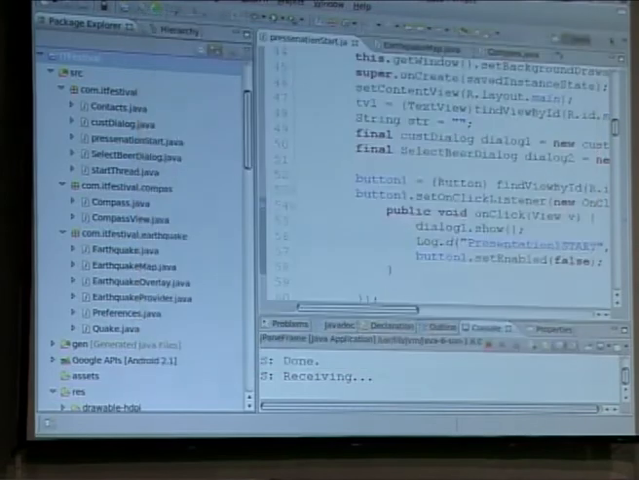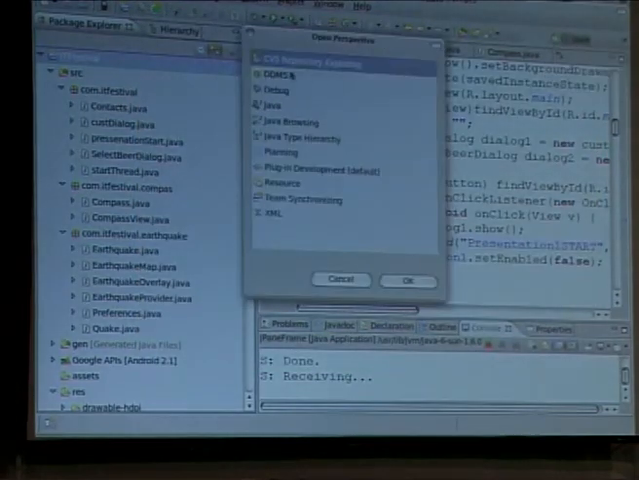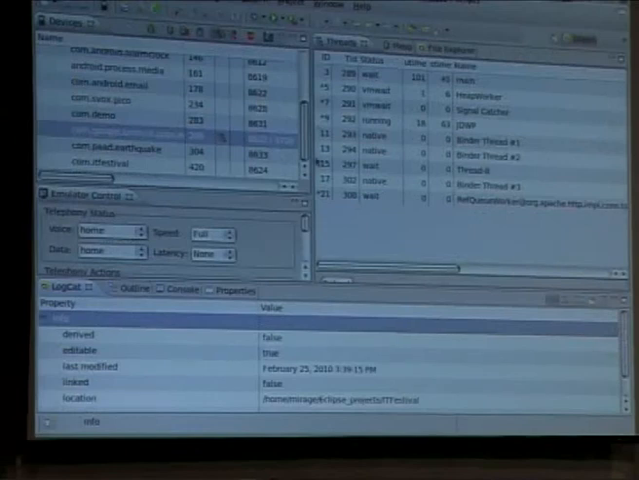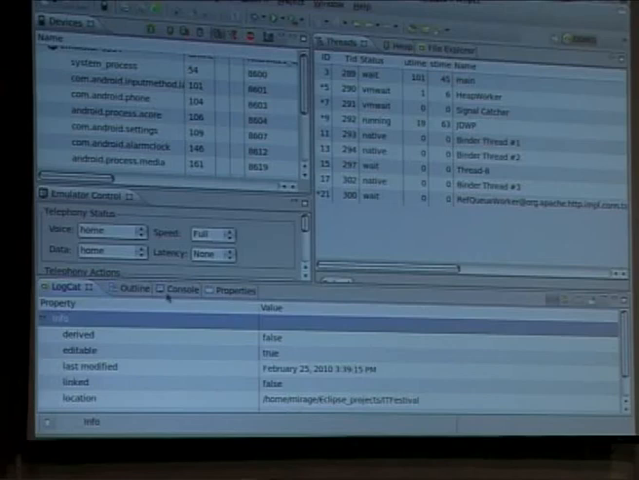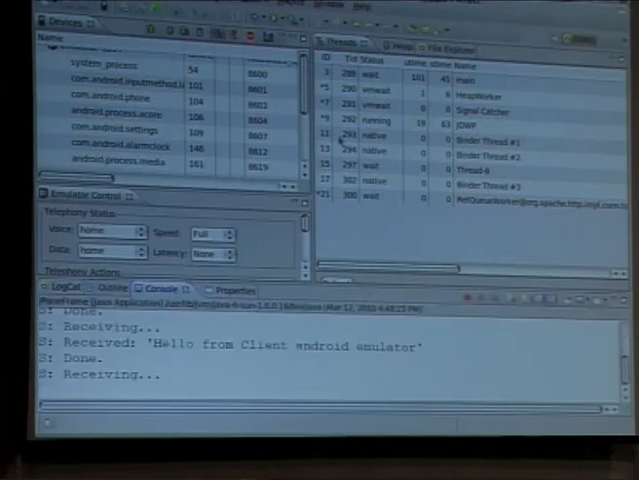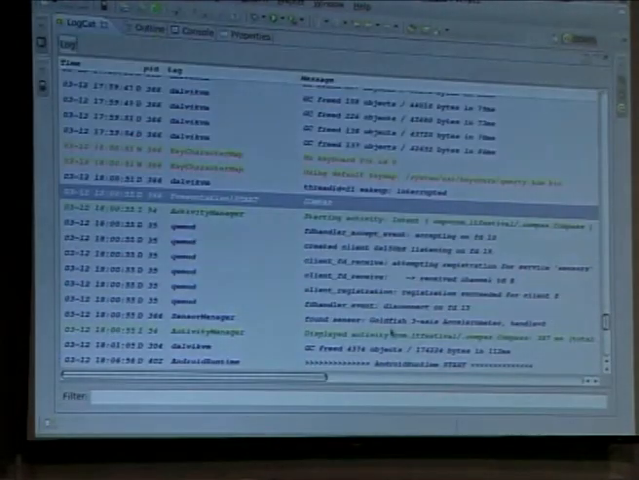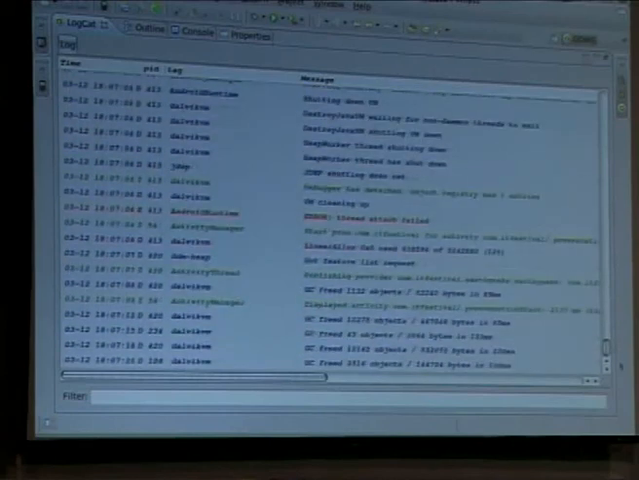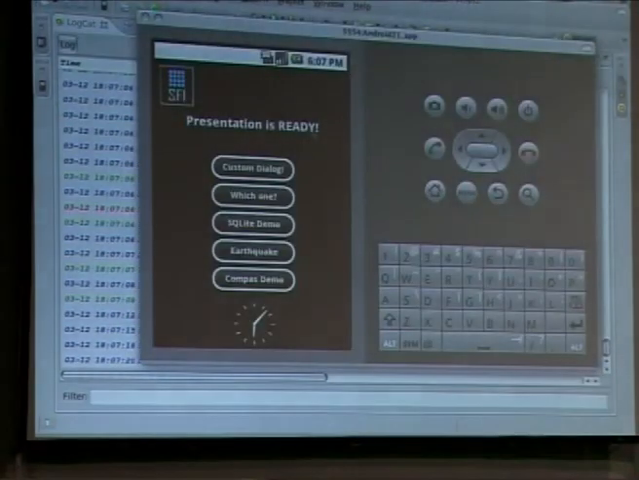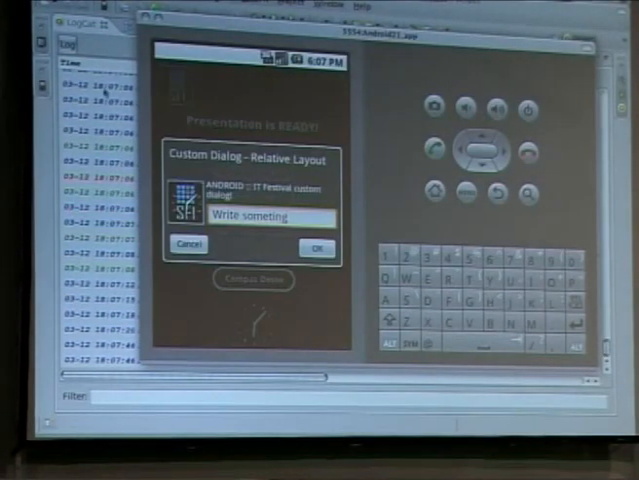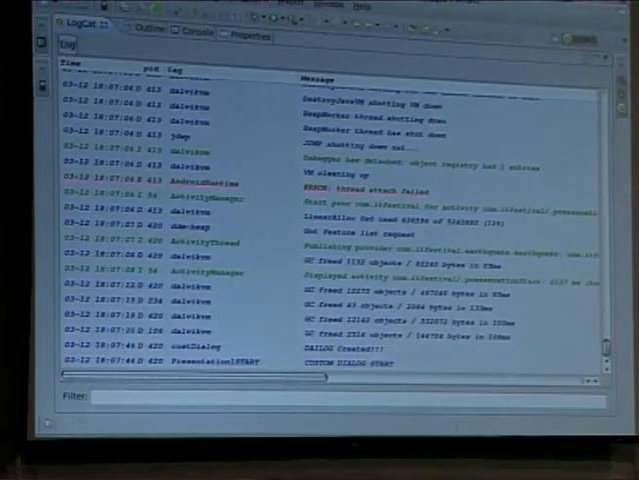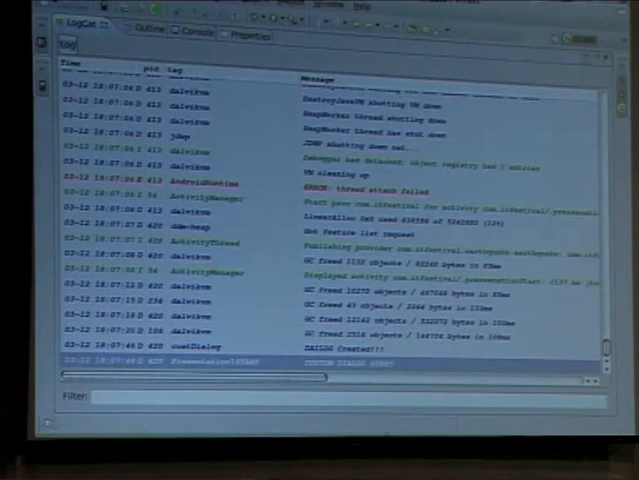Then I have to go back to my DDMS and see what's happening in the background on the log. There is a log. Oh no, cat log. Oh, I missed. Yeah, here it is. And I have recompiled with some fail that I'm not caring about. And when I press the custom dialog, it keeps me informed that I have pressed it. This is one of the